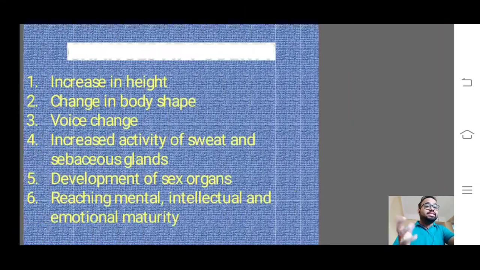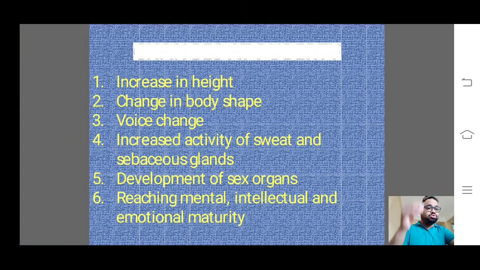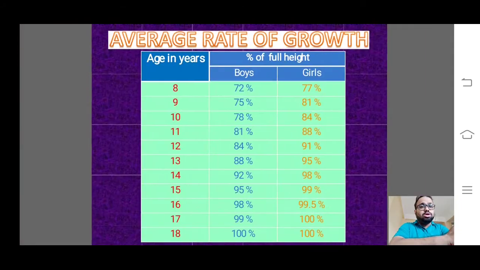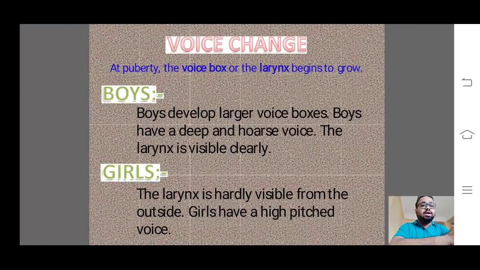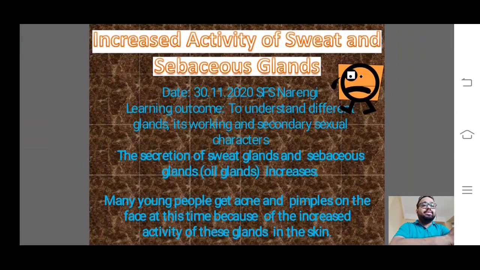Rate of growth, increase in height. These are the changes which we discussed in the last class: puberty, increase in height, change in body shape, voice change. Today we will be discussing the last three: increased activity of sweat and sebaceous glands, development of sex organs, reaching mental, intellectual and emotional maturity. These are the things we will be discussing in today's class. So let us start with the next topic, that is increased activity of sweat and sebaceous glands. Now, the secretion of sweat glands and sebaceous glands increases